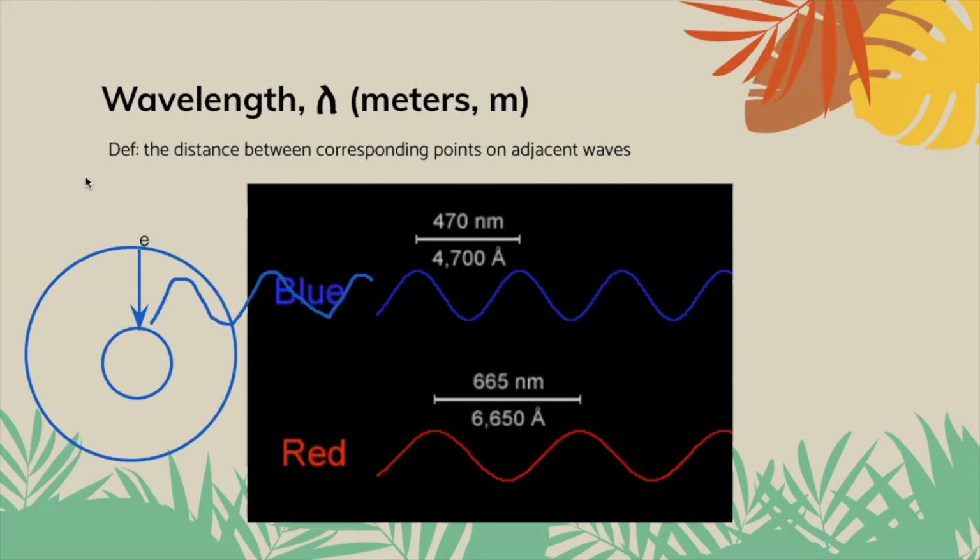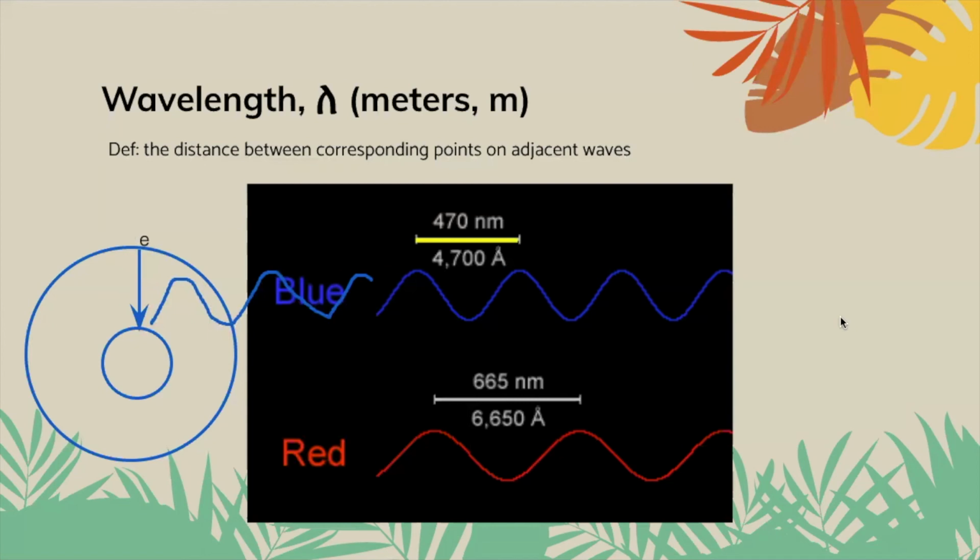So now let's talk about the two new properties. We know that all oscillations have amplitude, period, and frequency, but waves also have wavelength and wave speed. So what is a wavelength? It is how big is the wave laterally. So take two corresponding points on adjacent waves. So let's say take from crest to crest on wave blue. I'm going to draw this in yellow. Crest to crest on the blue wave